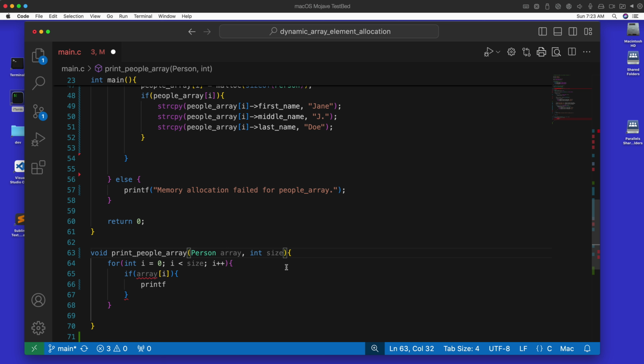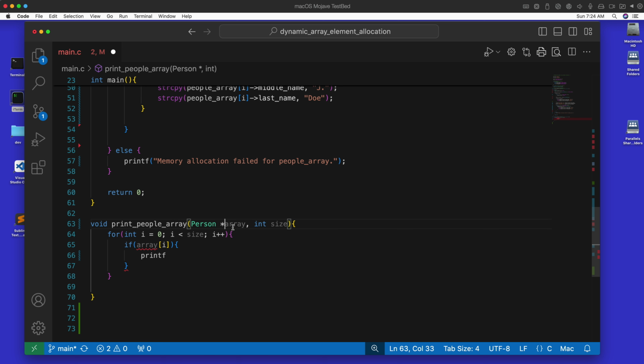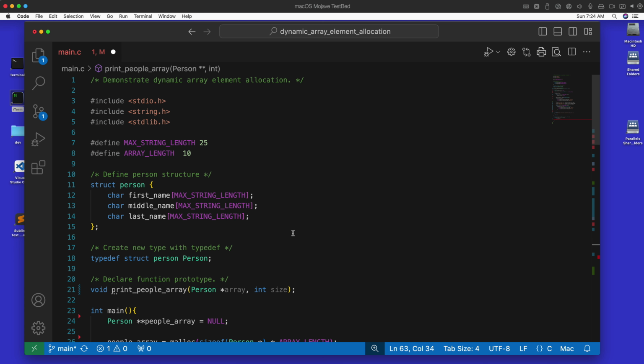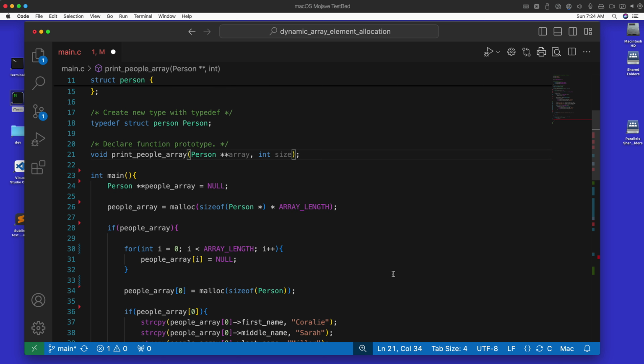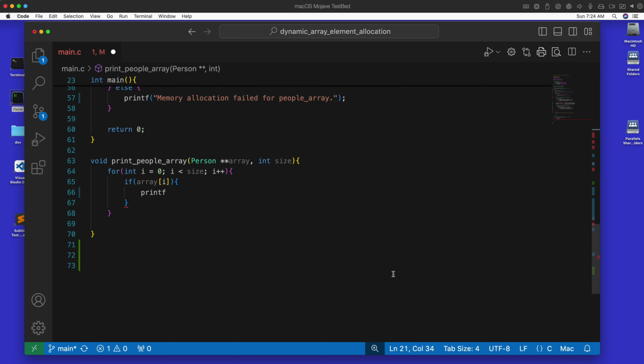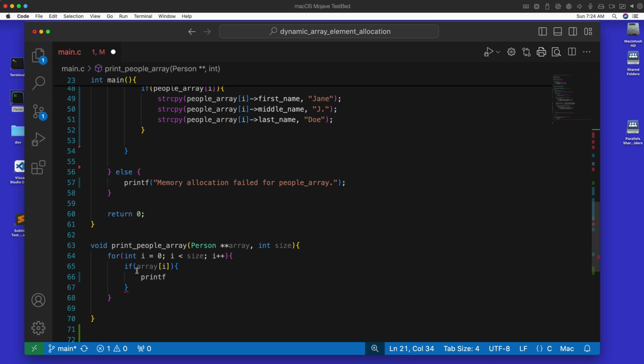I don't think I do. Let me add another star here. So I'm going to need to go up here and modify my prototype. Now if array i, and this should be a person array, so person array i, if that has been allocated and it's not null, then print out,